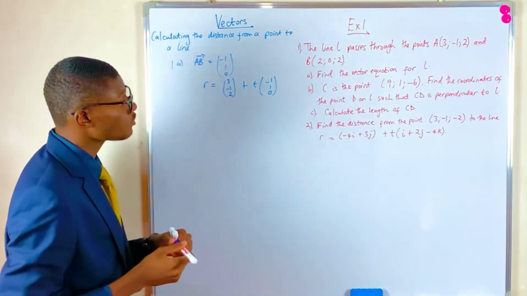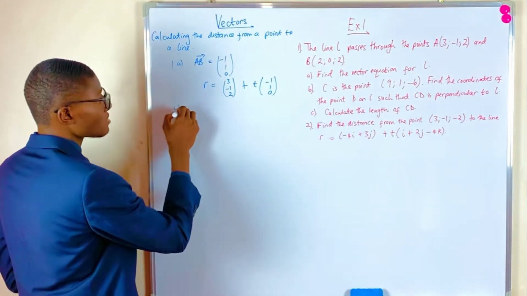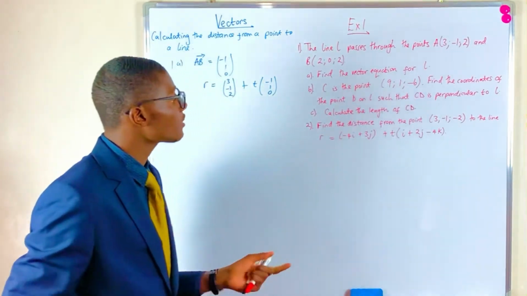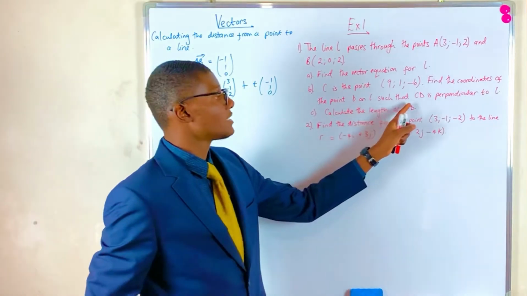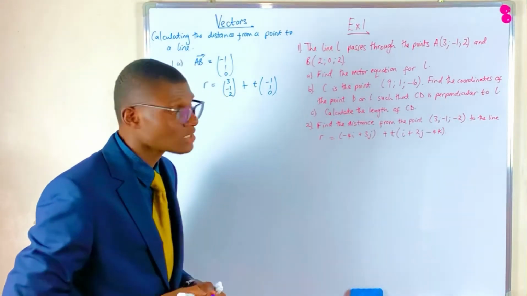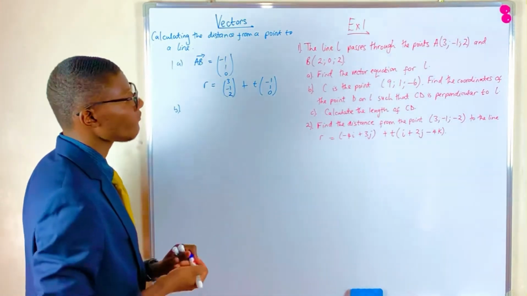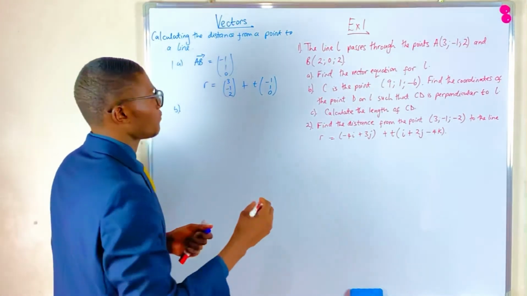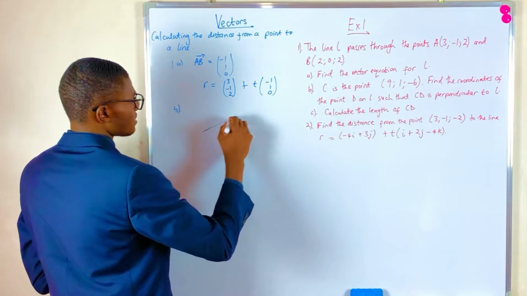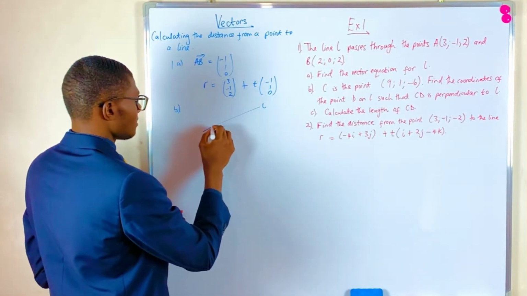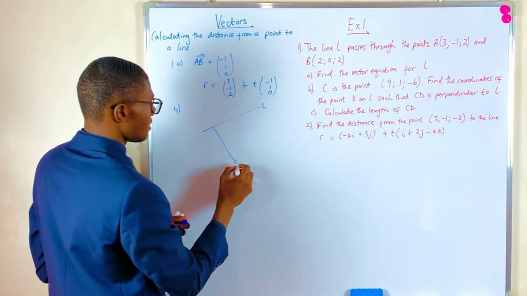And then moving on to part B, it says C is the point (9, 1, -6). Find the coordinates of point D such that CD is perpendicular to L. So now what do we need to do? If this was our line L and this is just a random point C,